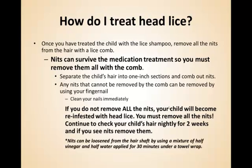Now, once you have treated them, it is important to remember to remove all the nits from the hair with a lice comb. A regular comb, the teeth of the comb are not close enough together to get all those nits out, so you need to have a special lice comb. Nits can survive the medication treatment, so it's important at this point to take all the nits out,